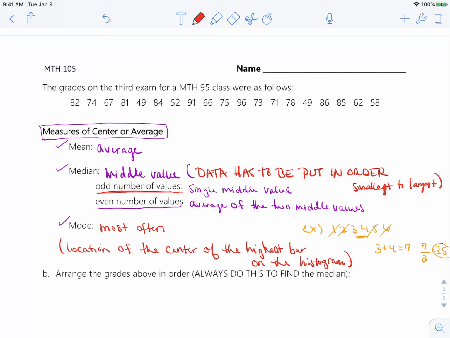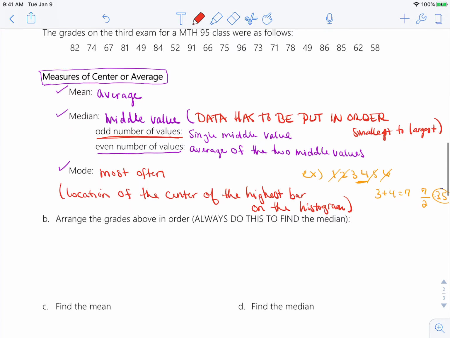All right, so let's see if we can figure out some things about this set of data. So the first thing we have to do is arrange the grades in order. I've already done this, so just to save a little time, I'm going to just name them out for us. So 49, 49,